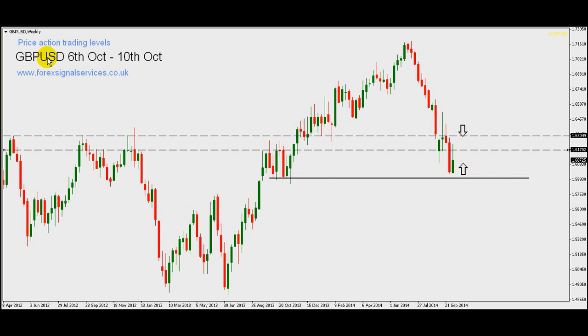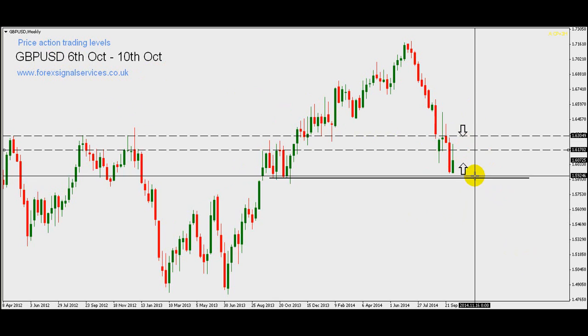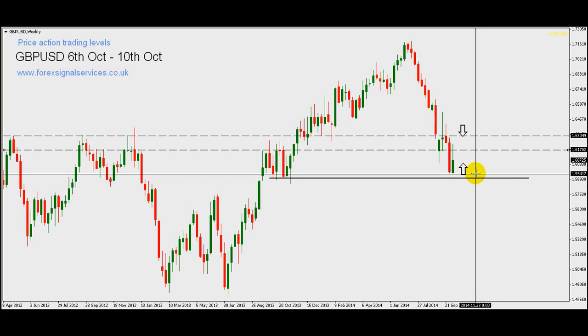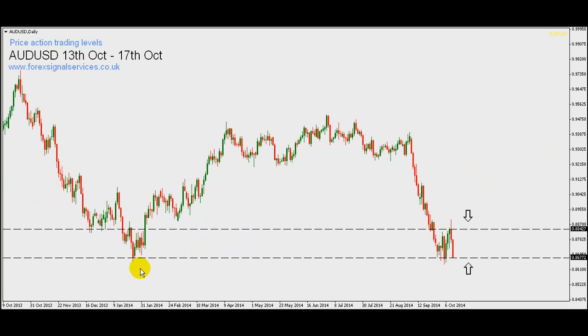This is all to do with the US dollar strength. If the US dollar strength has been used up, then we could see the bounce back up out of here. So for GBPUSD, 159, 161.70 or 163. On AUDUSD, you can see here price is at a support level,